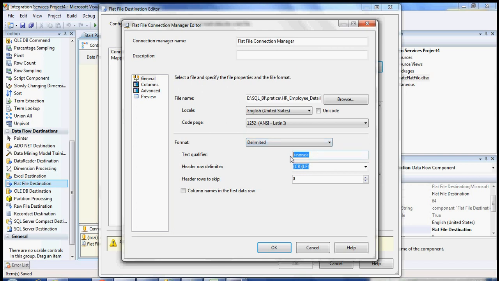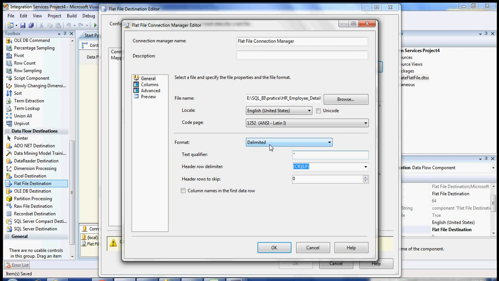Now, this is important, the text qualifier. I'm going to put double quotes. Why is this needed? Suppose I'm making a comma delimited file. If there are any fields like address where there is a comma after a line or something, you need to put your column in double quotes. Then that comma won't be treated as two columns.